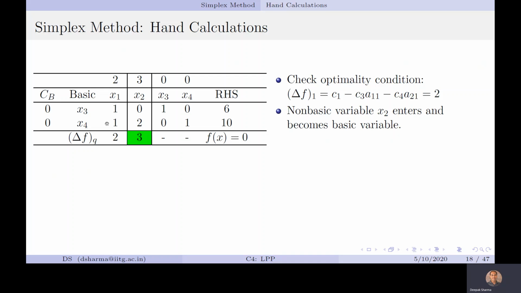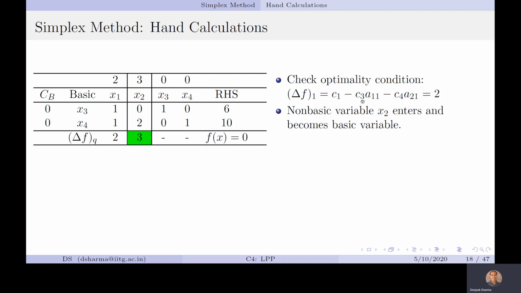The coefficient of x1 is C1, which is 2, minus, now coming to the CB column, 0 multiplied by 1 plus 0 multiplied by 1. So it is 0. As you can see on the left hand side, C1 minus C3,